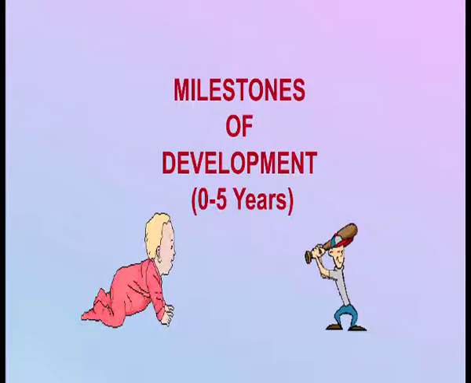But no two individuals are alike and each child is a unique individual. One child may start speaking early and other might take more time to speak. Therefore, one must note that although the sequence of development is fairly uniform, predetermined and common to all children, individual differences exist in the rate at which development proceeds. Since now we have understood what milestones of development are, I will now discuss the milestones of development from 0 to 5 years of age.